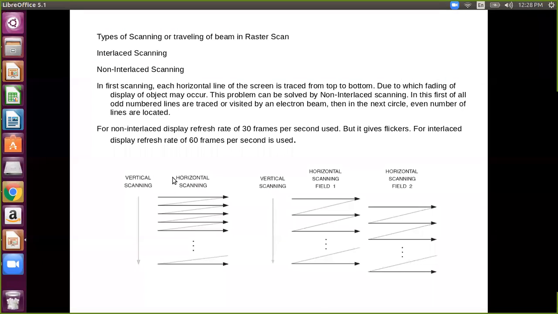What I am telling is, if you are going top to bottom and each and every horizontal line is considered, this is called non-interlaced. And if you are not considering the even number lines the first time, and the second time the odd number lines are not selected, this process is interlaced.